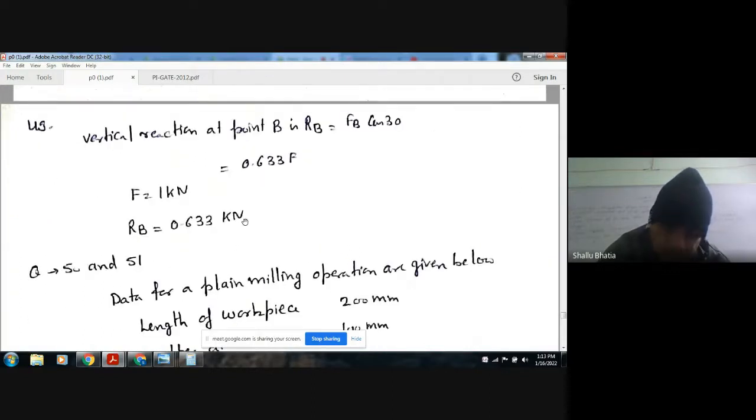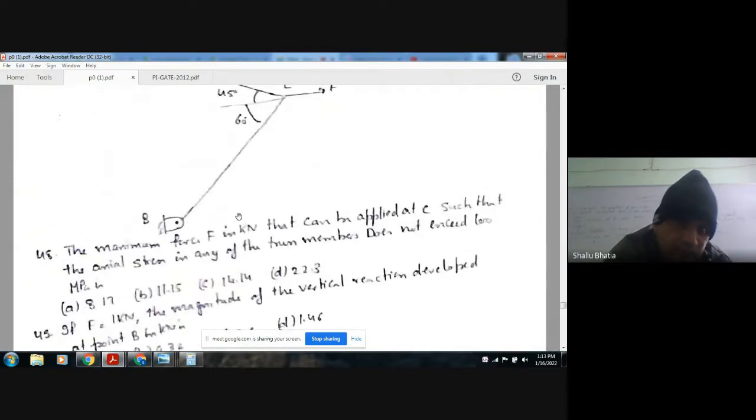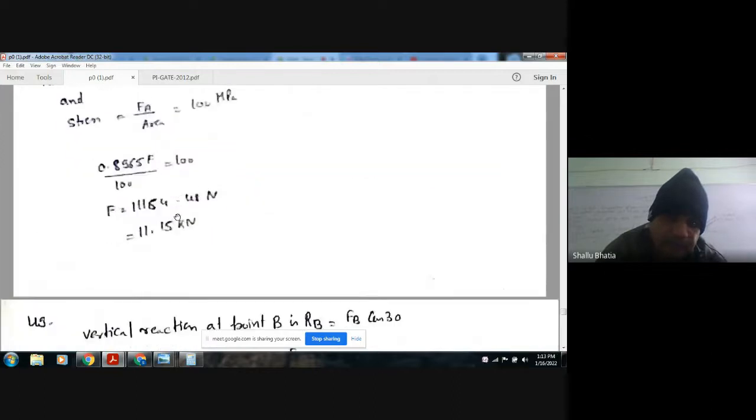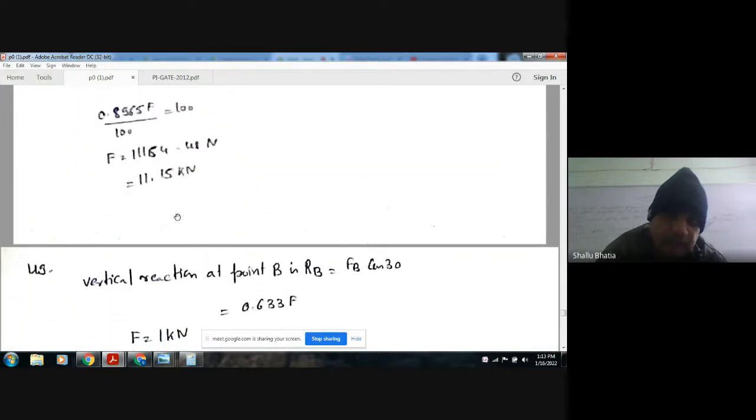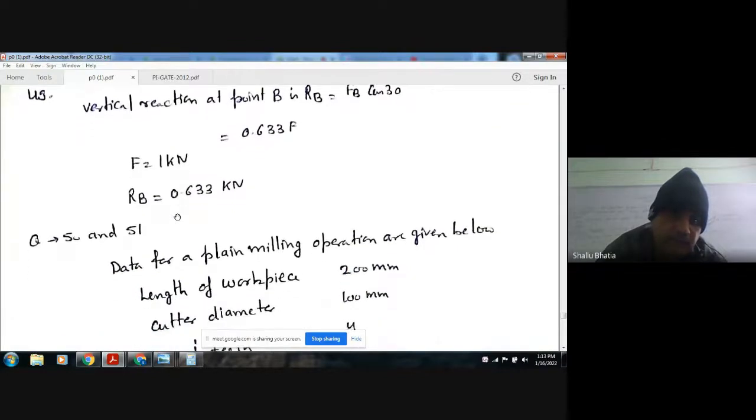Here this is your horizontal, this is your vertical, and with the vertical it is making an angle of 30 degrees. This is your 60, then this will be your 30. So it is making a 30 degree angle, so it will be FB cos 30. So the answer is 0.633 kilonewton. Okay. Next,